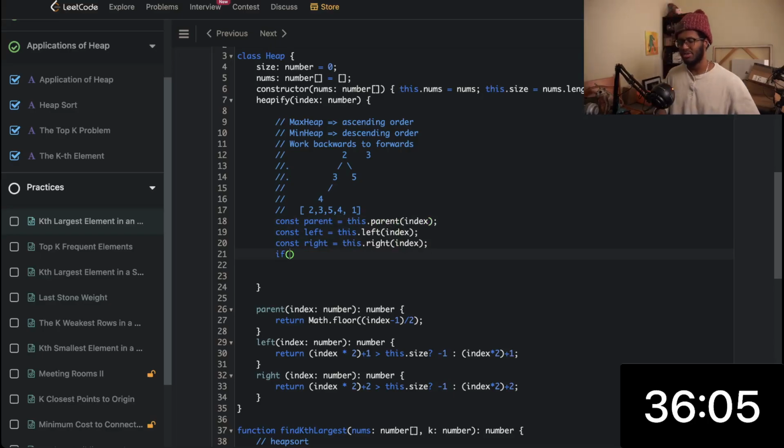Right? And then if the value we're starting at would be the index, we'd say, first we have to check if the index actually makes sense. We say this.nums[left] is less than this.size, and this.nums[index] is greater, or it might just be easier to say this.nums[left] is less than this.nums[index]. If that was the case,